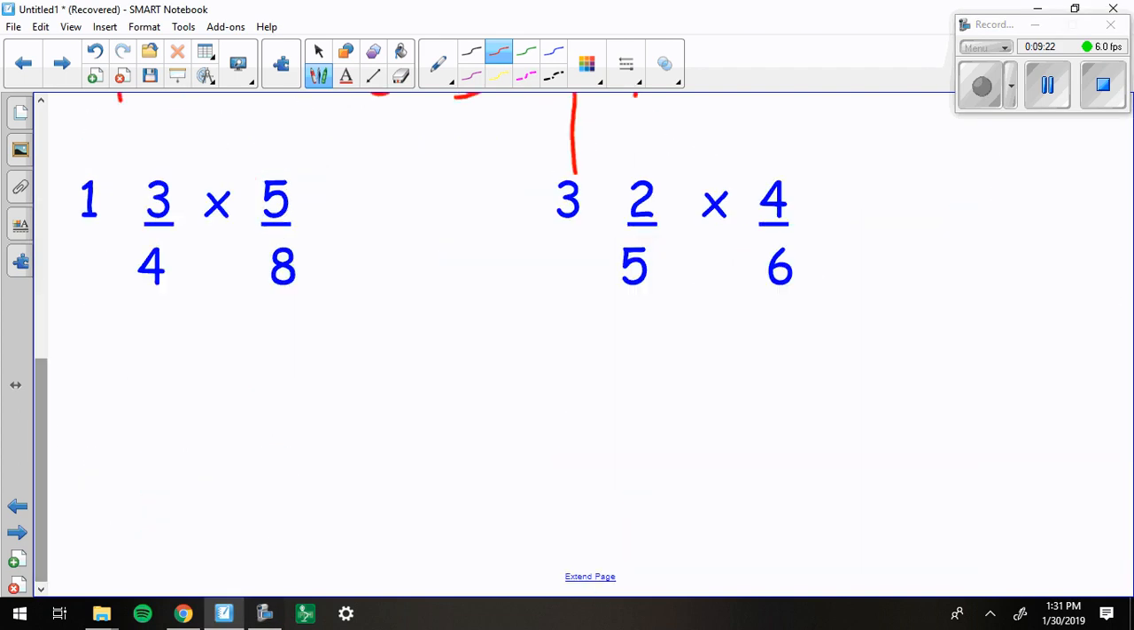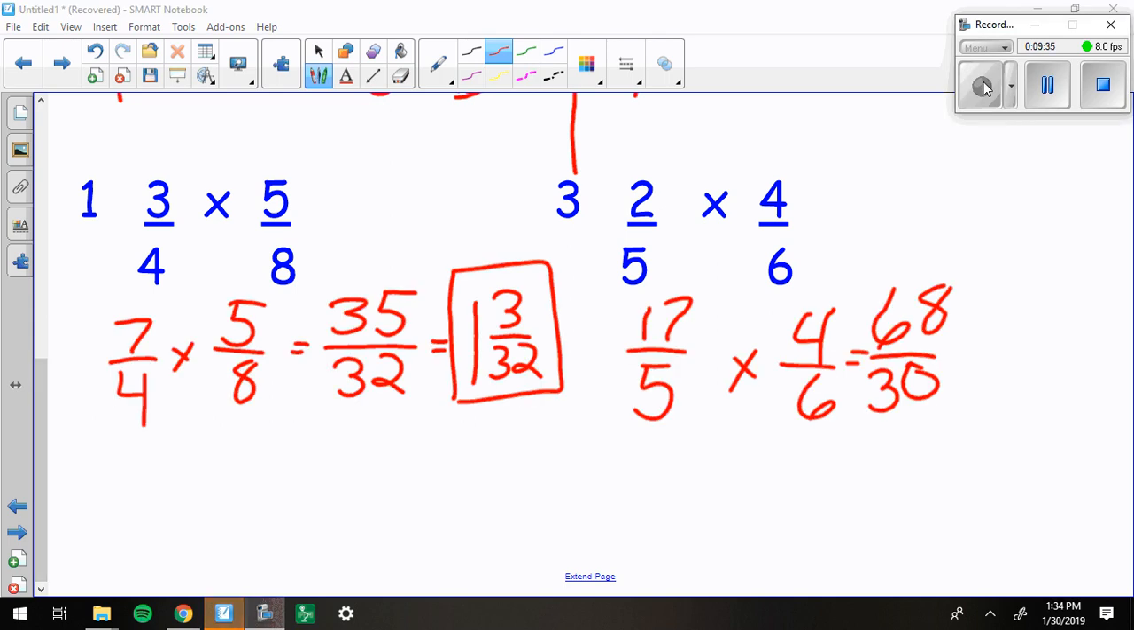Try these next two. I'm going to extend my page a little bit. 1 and 3/4 times 5/8. 3 and 2/5 times 4/6. Try them. Come back with answers. 3, 2, 1. Pause that video. All right. So,